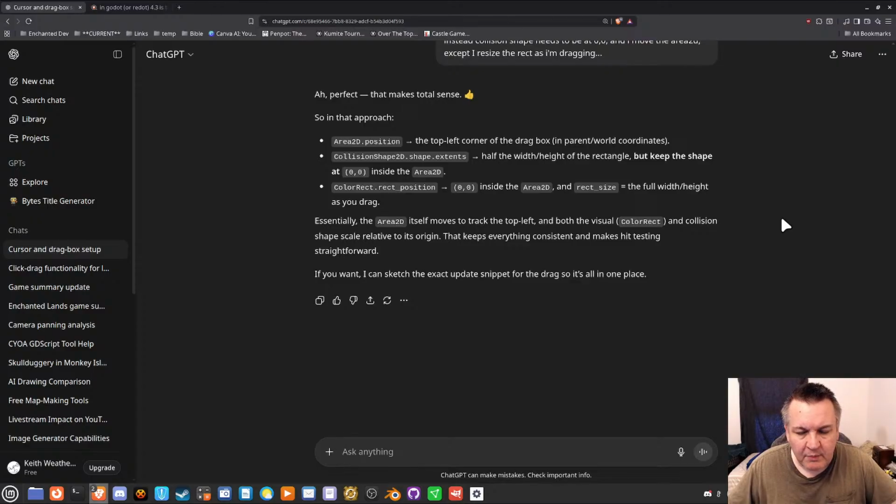Because it should always be top left to bottom right. Conceptually, it should be top left to bottom right. So your size grows. Now, if my drag start is down here, and I am moving the mouse up here, the top left should actually move up here because they're reversed. As I do that, the size will be positive, always positive, so it'll grow in the opposite direction in my mind. I can be wrong, because the AI might be that good. It might be completely right.